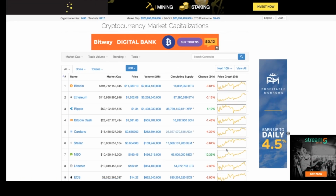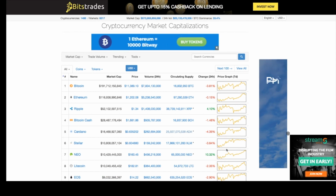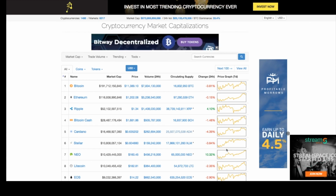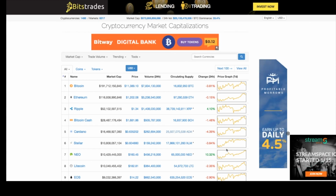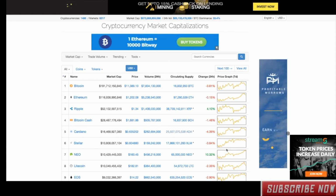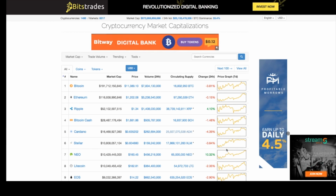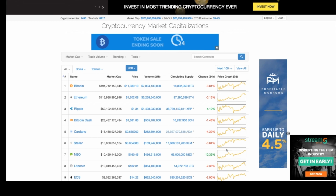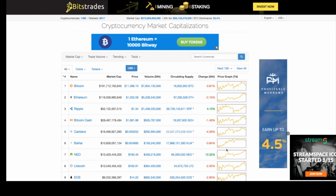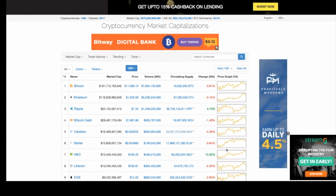Bitcoin currently trading at $11,389, down 3.81% from yesterday. Ethereum down, still holding above the 1,000 mark, trading at $1,202, currently down 0.15%. Ripple struggling a little bit, trying to get back over that $1.50 mark so we can go back to that $2 mark so we can test the all time high, currently trading at $1.34, currently up